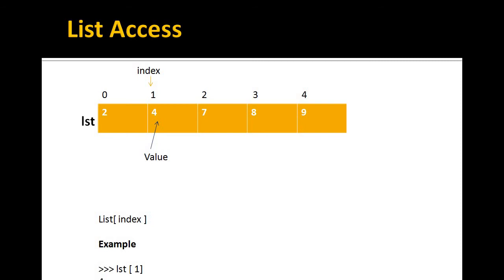So you have to access, and the access of a value depends upon the index, that is, the position. For this purpose you just provide the list name, square bracket, and inside the square bracket you pass the index. When you pass index 0, it produces the first list item. When you pass index 2, it gives you the third list item. This way you can access all the items of this list. Here if you pass 1, that is index 1, inside the list, it will produce the value 4.